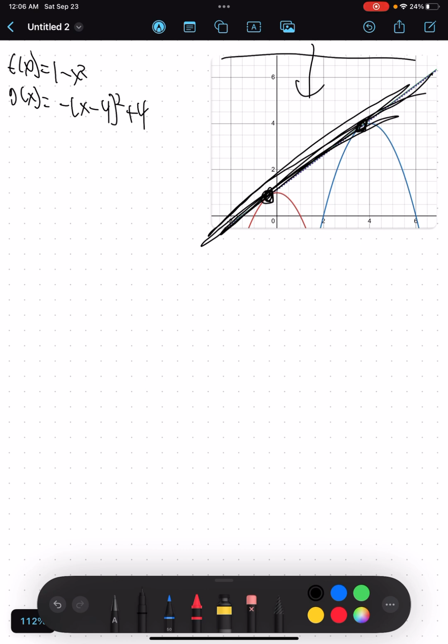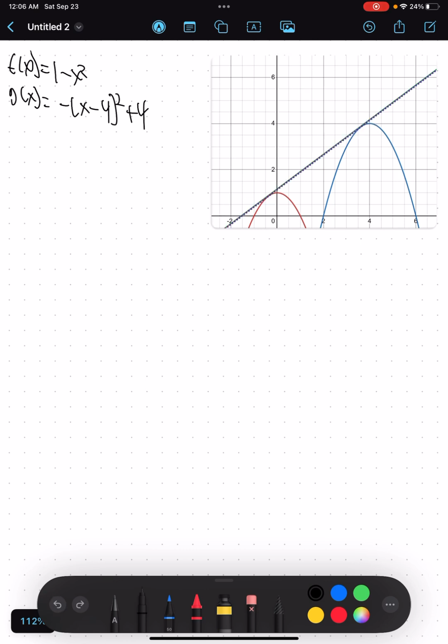All right, so let's do some labeling here. The point where it touches f of x is going to be a comma b. The point where it touches g of x is going to be c comma d. Okay, great. So one thing you'll notice is that obviously this is a line, which means that it has the